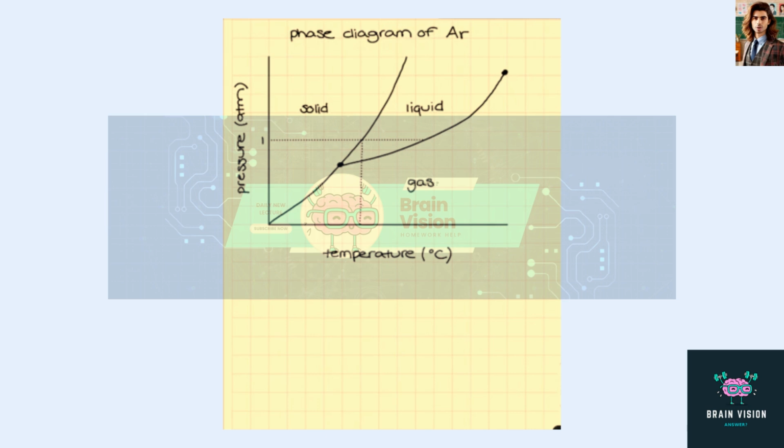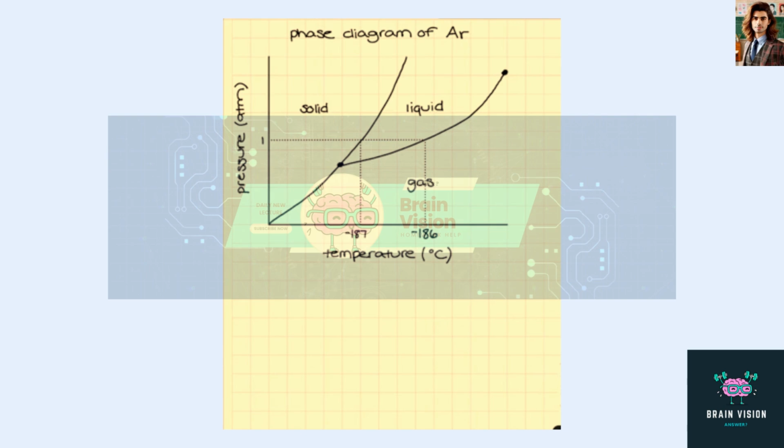So we would go all the way down. This would be our melting point, and then this one's going to be our boiling point. And they give us both those numbers. Our melting point is going to be negative 187, while our normal boiling point is going to be negative 186. And again, we're going based on a standardized diagram that I already drew out, so this isn't completely drawn to scale. And then they also give us our triple point, which is right here